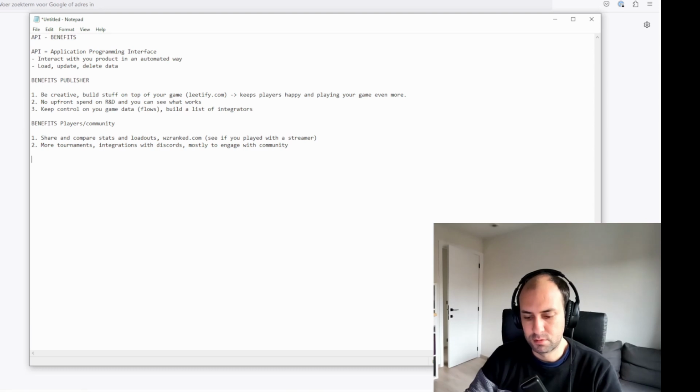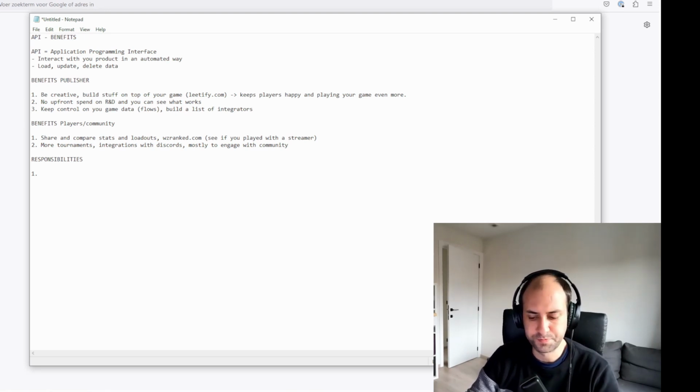Then the third point that I wanted to discuss is, of course, responsibilities that publishers and integrators have when integrating or using data from the API.